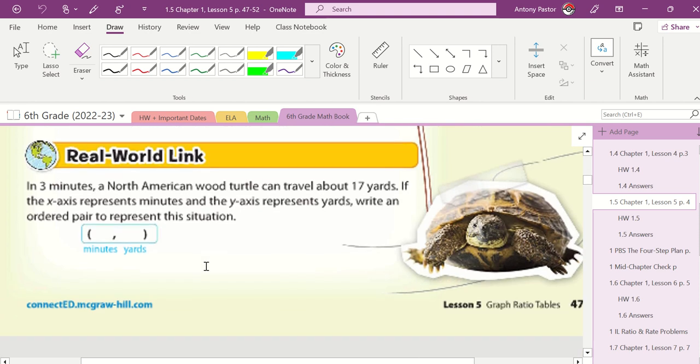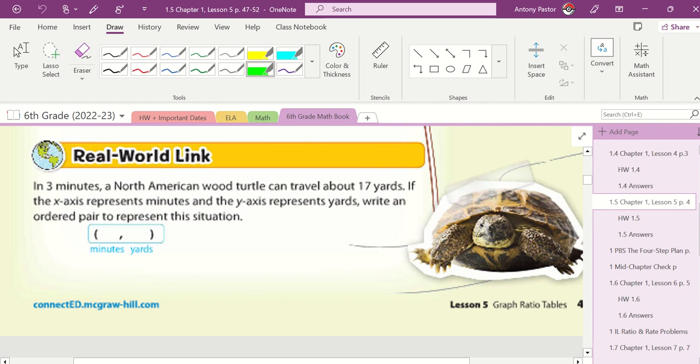Real world link. In 3 minutes, a North American wood turtle can travel about 17 yards. If the x-axis represents the minutes and the y-axis represents the yards, write an ordered pair to represent this situation. So x is our first value,